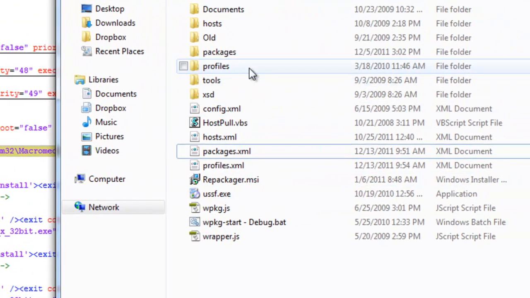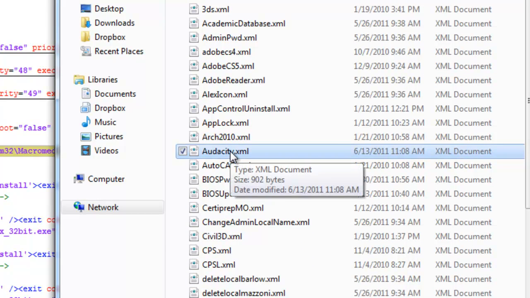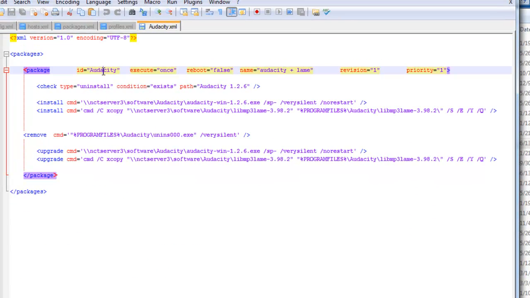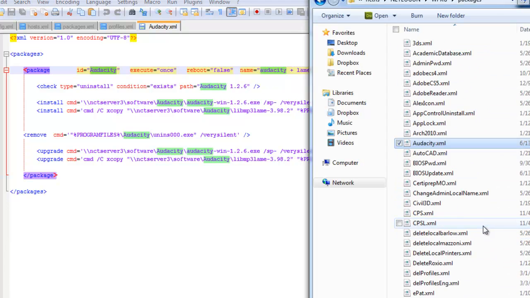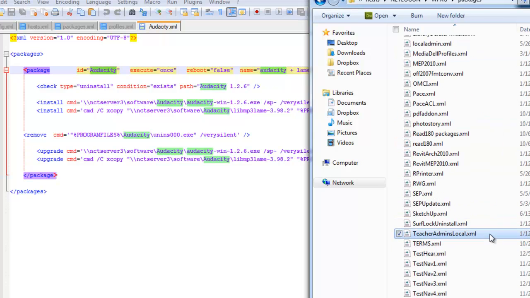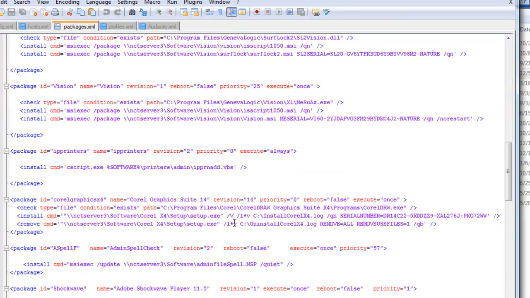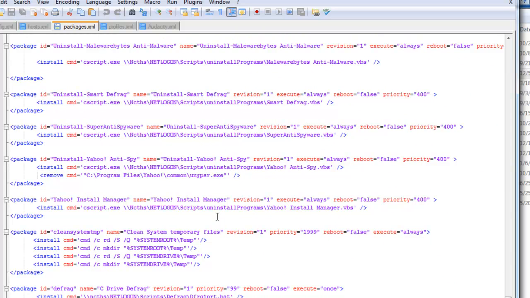Now, some people do, and I do here under my packages, because I have so many, I have my packages listed here, and it's important that the name of the package be listed here. And if we look at Audacity here, the name of the file is Audacity and the package ID is Audacity. So that's important that they be the same. This is just a way that you can store them in a different location. And as you can see, you can have a ton of them. I have 72 just in this one file, and I also have some that exist here in my package file over here. So there's any number of things that you can do. There's really no limitations. It's whatever you want to put the time in to do.